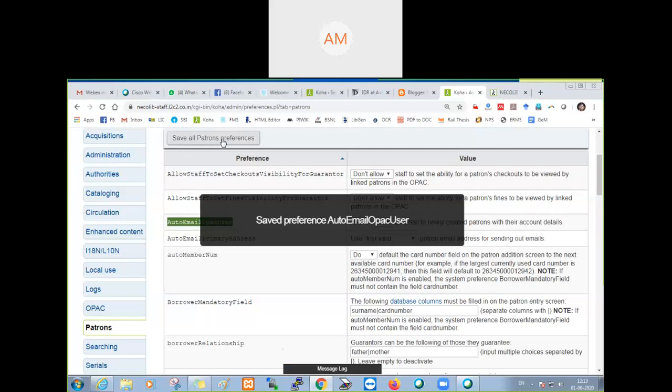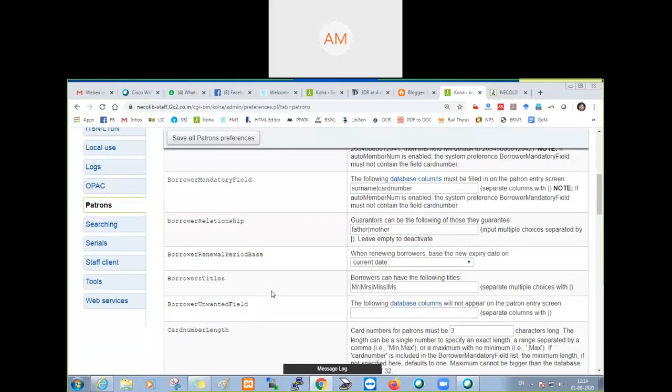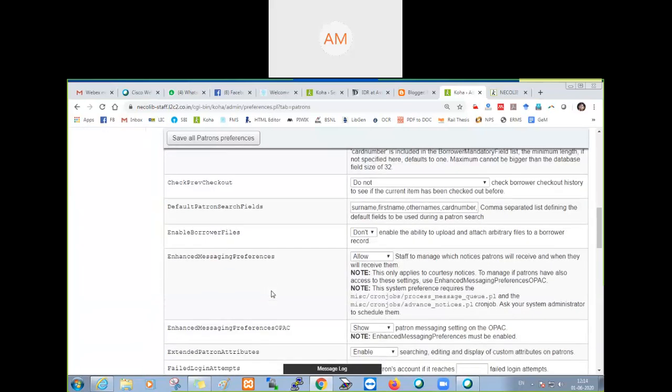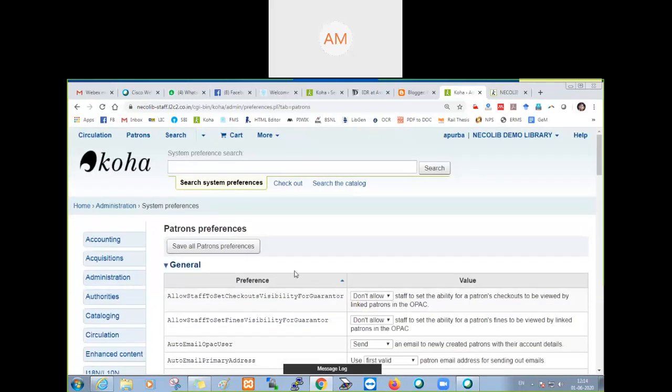Before sending, you have to configure your server for sending email with any email ID if you want. That is a separate concept and will not be shown now. So what we made is that whenever the user registers, an automatic email will be sent to them. So this is one option.